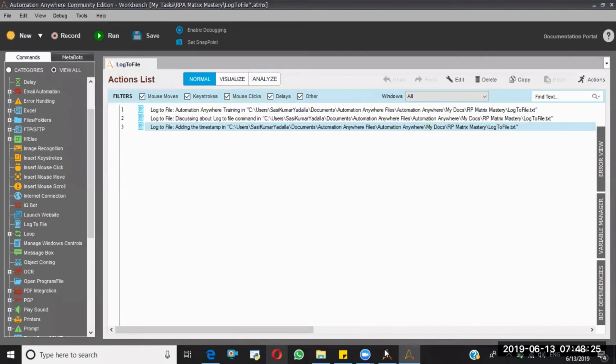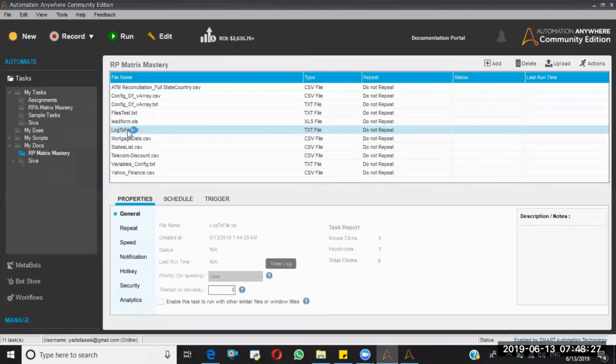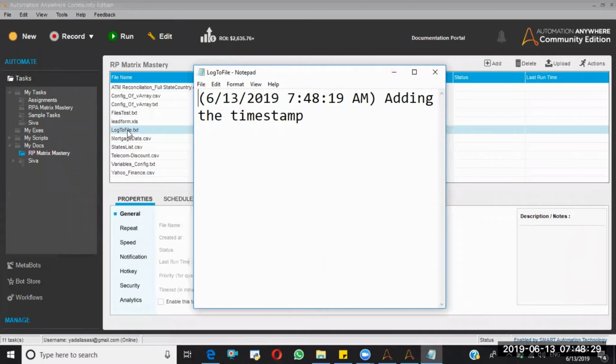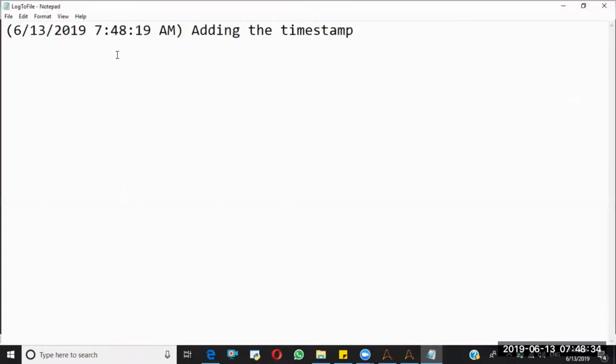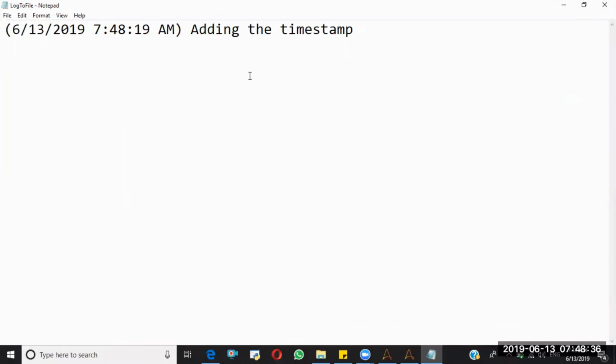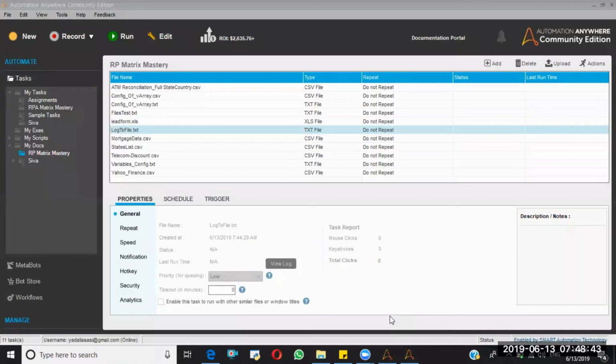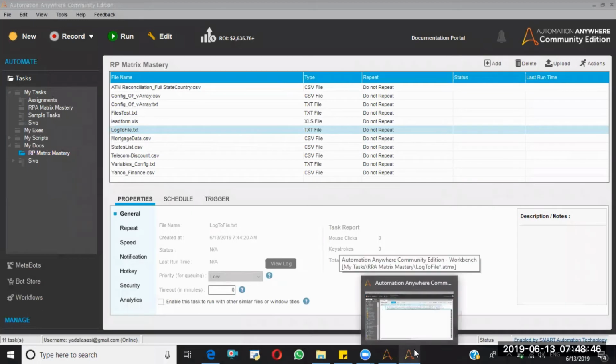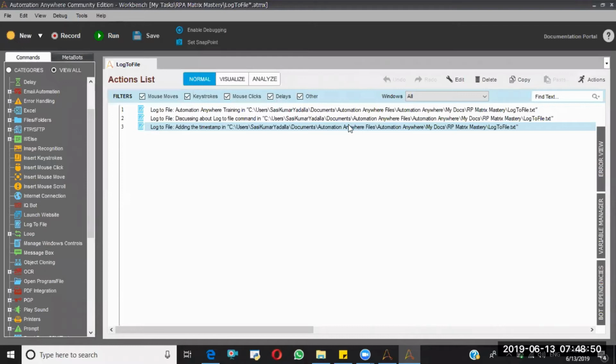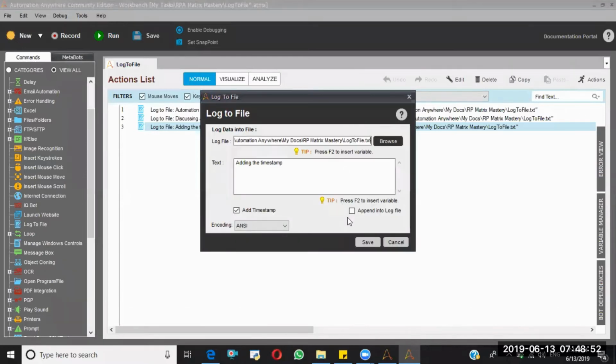Now if I open the log2 file, see, all the old data has been deleted and only new data is here. So if you want to maintain only a single value, you need not select the append option. If you want to maintain all the previous history as well, then you select this one.